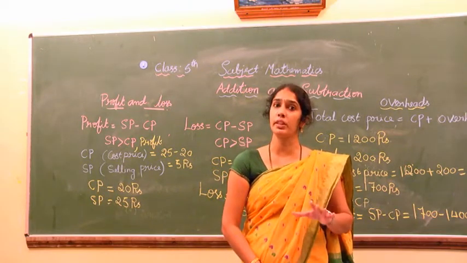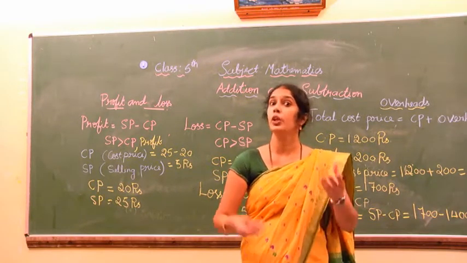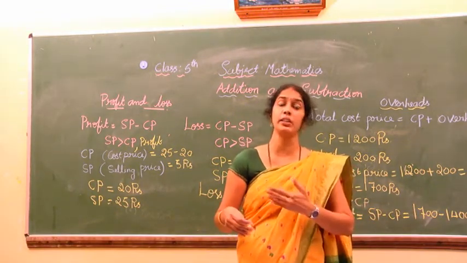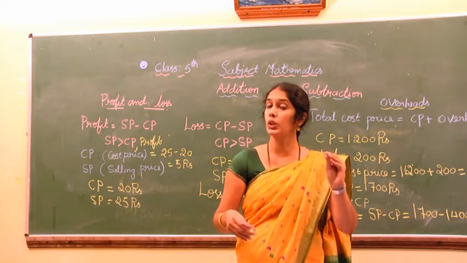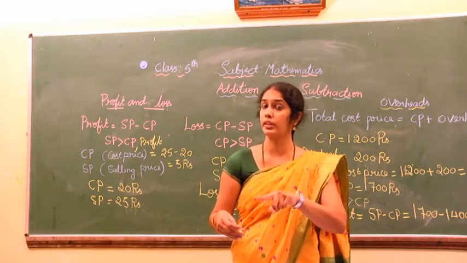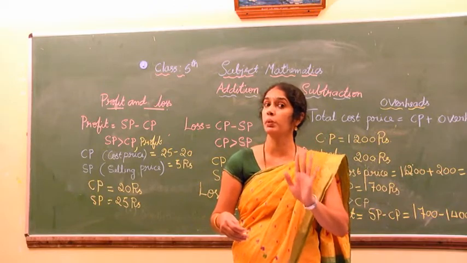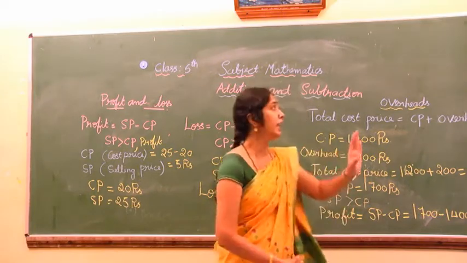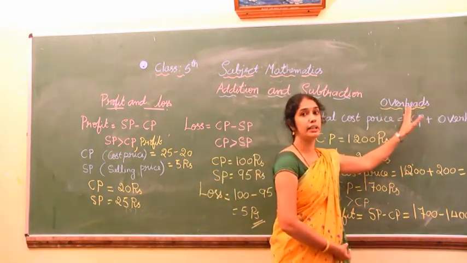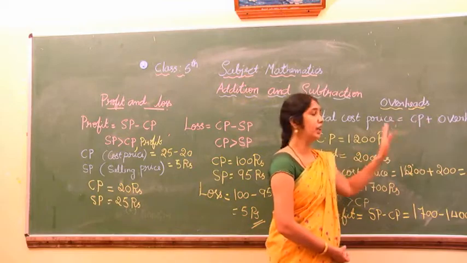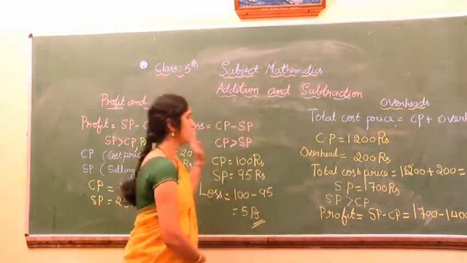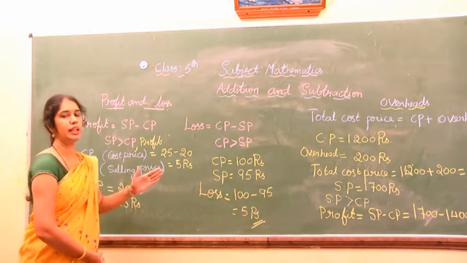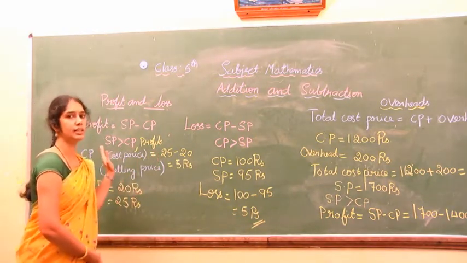If his cost price for buying all things is 2000 rupees and he goes by auto, that is the extra transportation charge, 2000 plus 100 rupees. Then total cost price will become 2100 rupees. The transportation also comes under overhead, that is extra expense. I think you understood this. Okay, dear students, this is the profit and loss and that is overhead. Now we will move to next exercise sums.